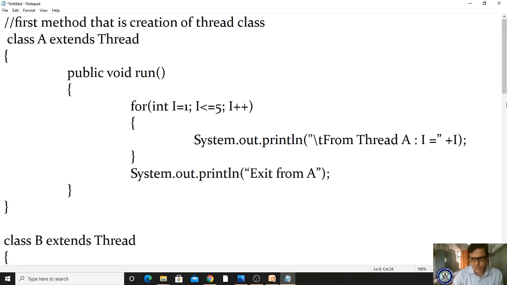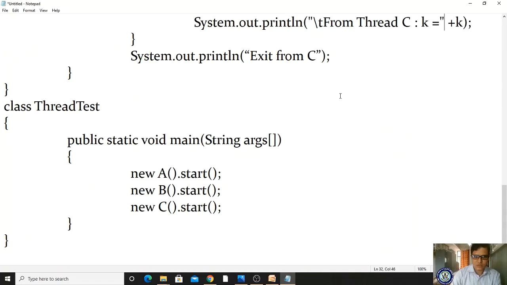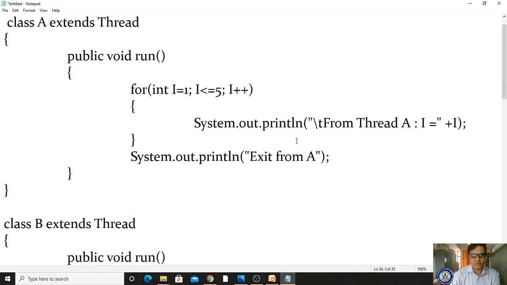I am showing it once again for your understanding. Modify here. You have to know what is the difference, right? So how we are doing that, you should know. Very important.